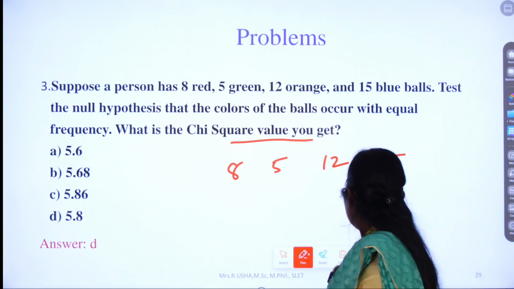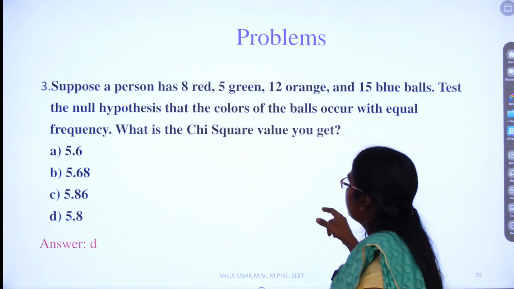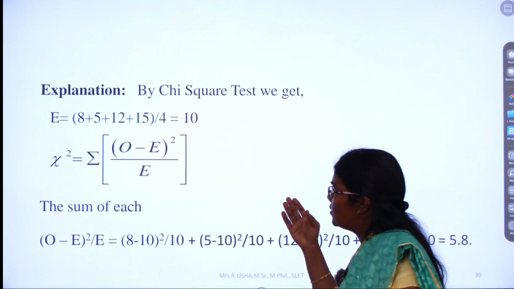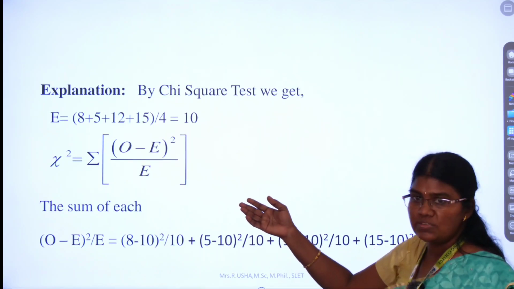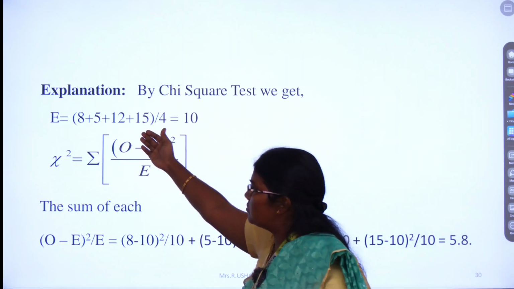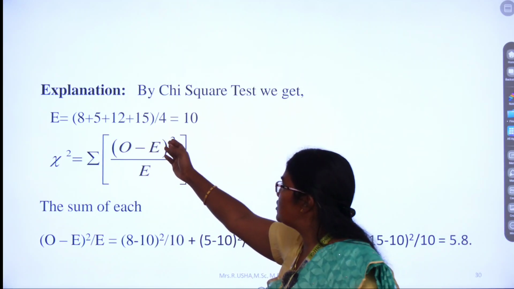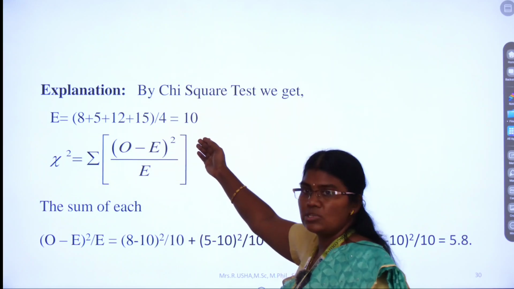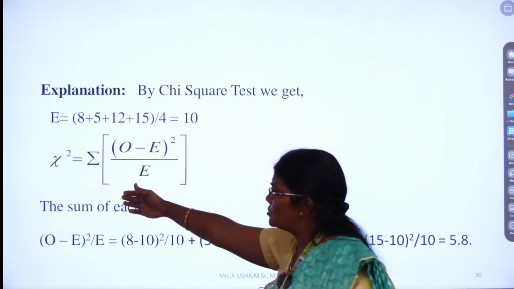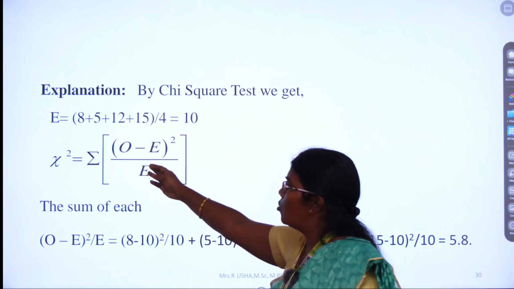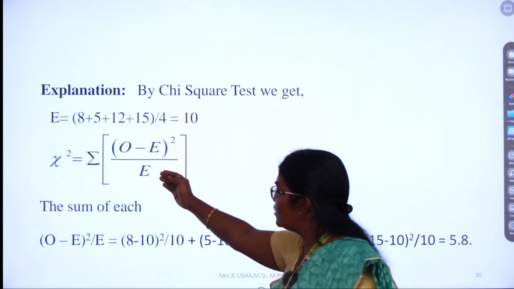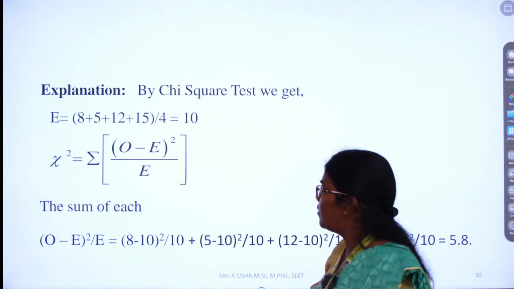So the calculation. For the chi-square test, the expected frequency will be the number of observations, that is 8 plus 5 plus 12 plus 15, divided by 4, so that is equal to 10. The chi-square formula is the summation of (O minus E) whole square by E. So the observed values are